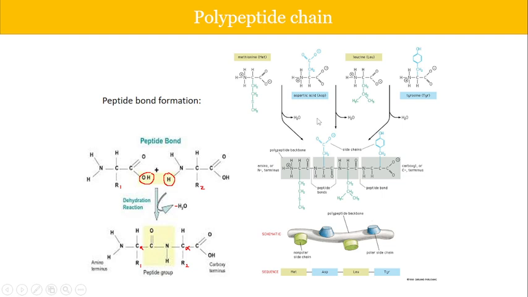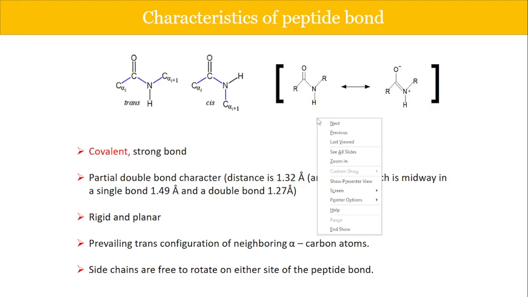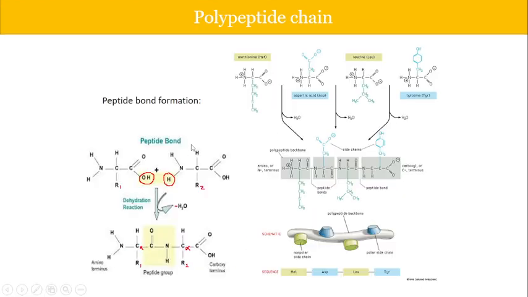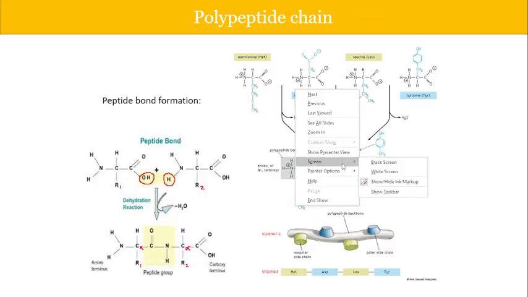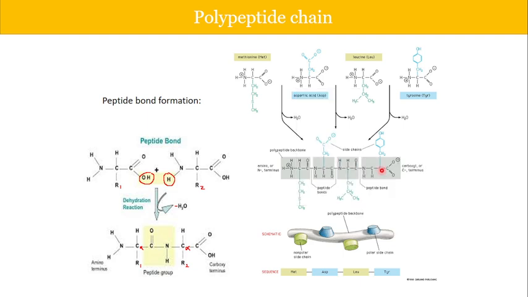Okay. Now, if we take two or three different amino acids, say we are taking methionine, then aspartic acid, then leucine, then tyrosine. In each of these steps, first the two amino acids come close to each other, and then they lose water and join together by peptide bond or amide bond formation.